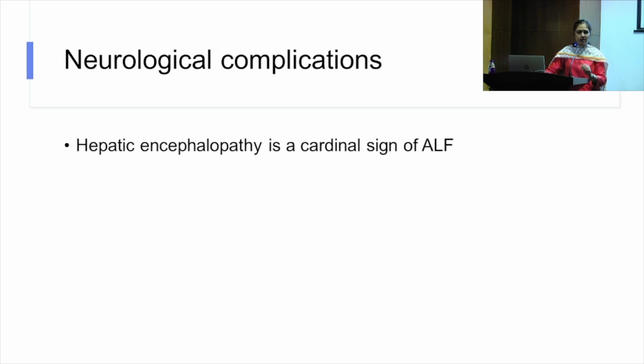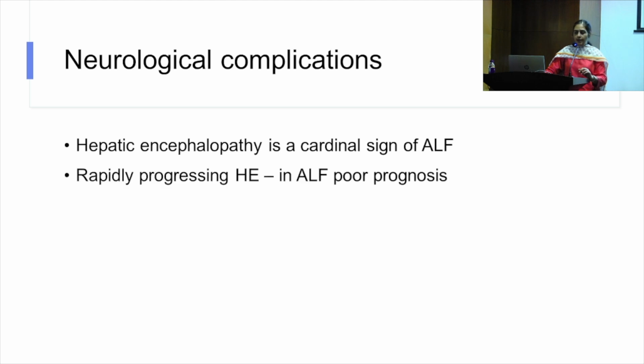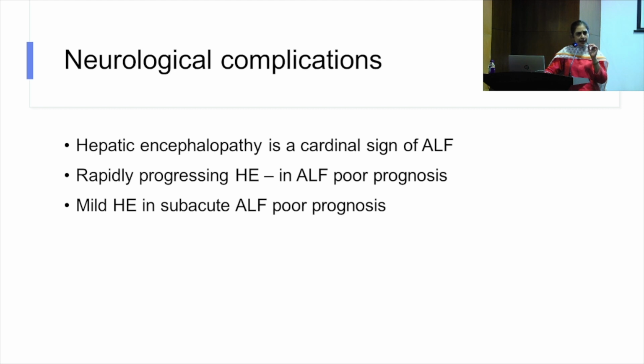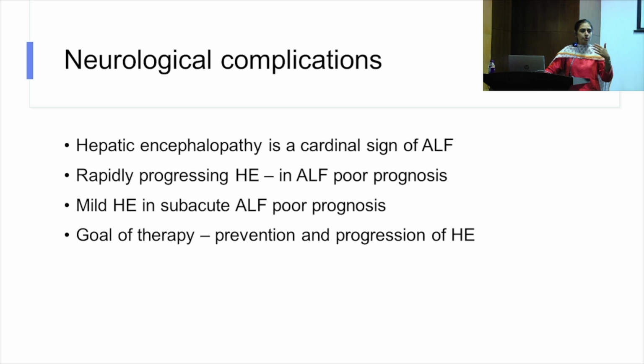the etiology. Neurological complication is the most dreaded complication because these patients can develop severe hepatic encephalopathy with raised ICP, and it is one of the cardinal signs of ALF. And if it's rapidly progressing, hepatic encephalopathy in ALF is a very poor prognostic sign. But in subacute liver failure, even mild derangements in your consciousness or early stages of HE is a very, very poor prognostic sign. So this is something that you need to keep in mind because you may need to have your